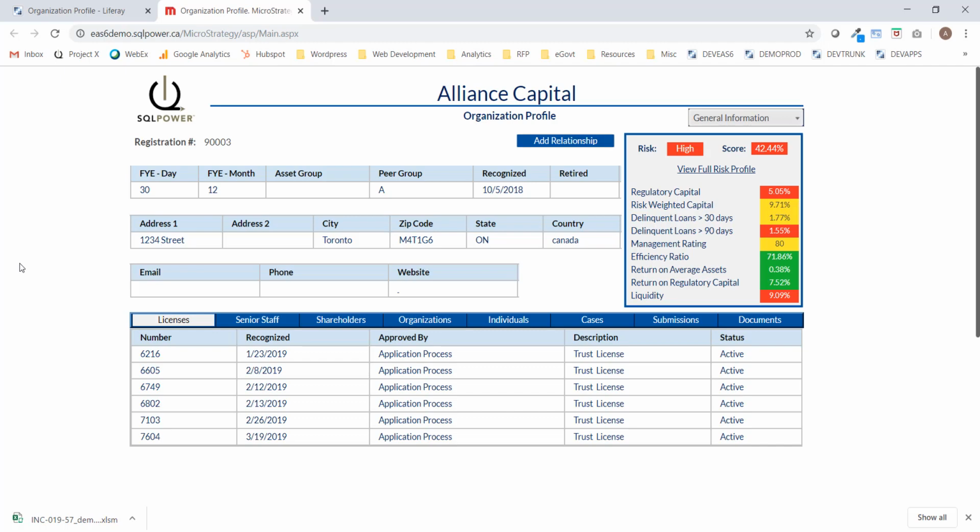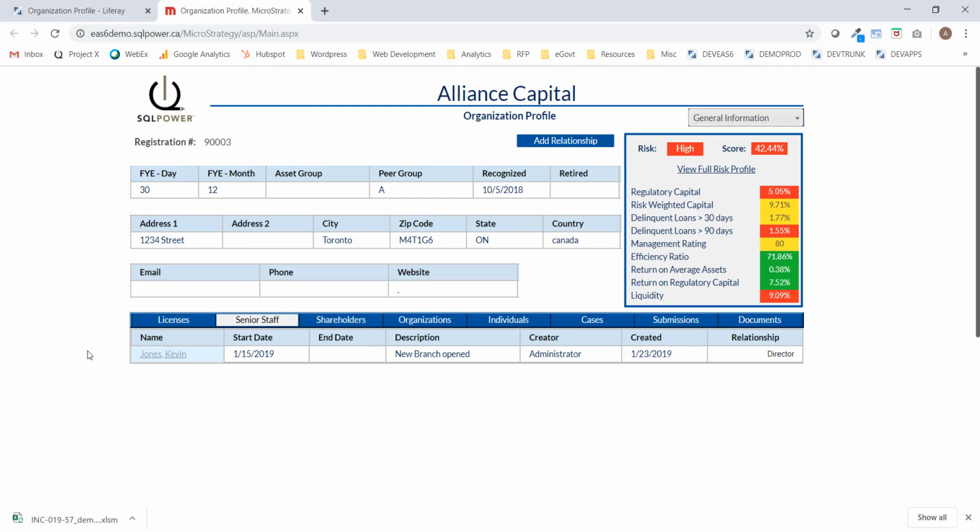From the General Information tab, we can see some basic information about Alliance Capital, such as their fiscal year-end date, their asset group, peer group, the date they were recognized in the system, their address, and so on. And we can see any licenses they hold, if there's any senior staff that's recognized by the system, the list of their shareholders, including the start and end date, any related organizations in the system. For example, this one, we're seeing that Alliance Capital has a related organization called XYZ Corporation that is a branch office. We can also see all the individuals related to Alliance Capital,